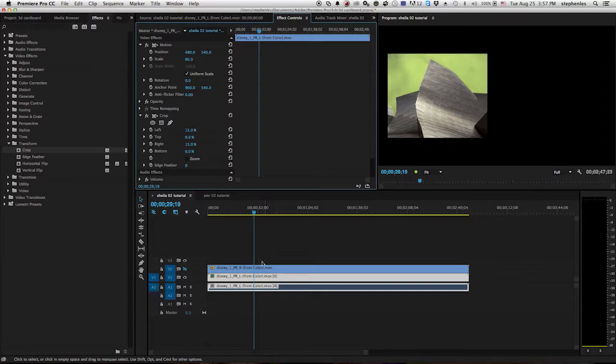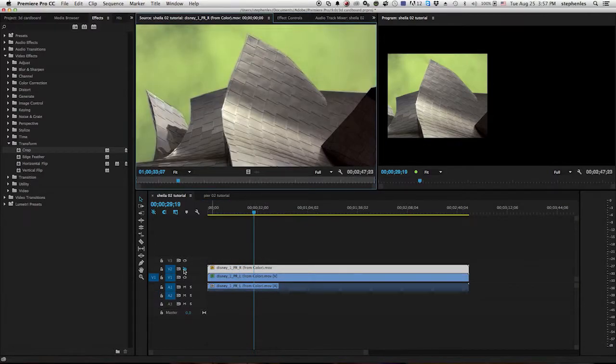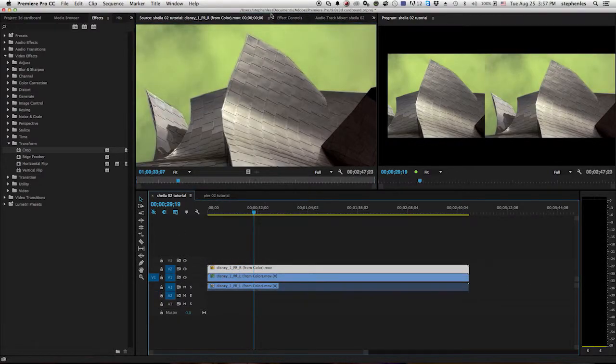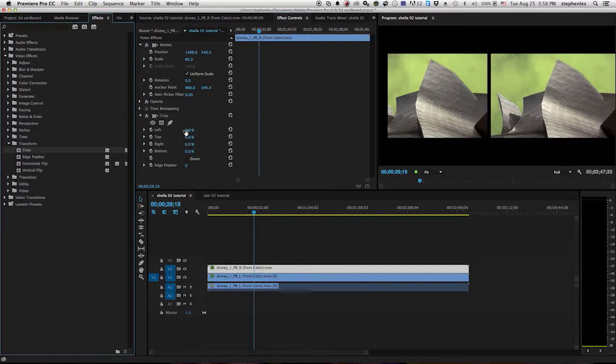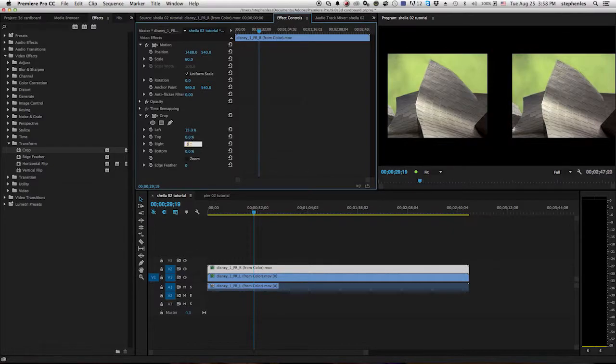So I'm going to do the same thing now with the right eye. I already shrunk it to 60%. And now I'm going to position it at that 1488 number that I described earlier and crop it 15% on the left, 50% on the right. There. Okay, and what I forgot to do is on the left eye,